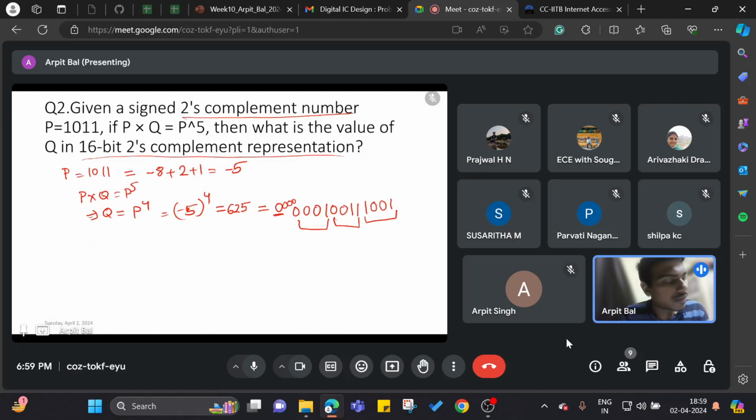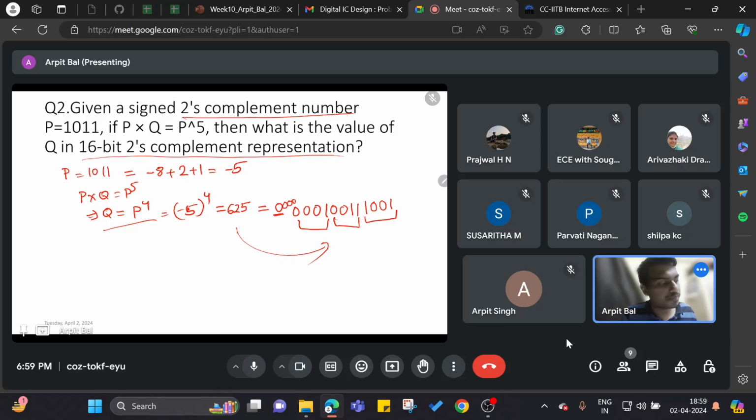Next question we did was related to figuring out what the value of Q is. So we were given P into Q equals P power 5. From there we figured out Q equals P power 4, and the P value is given to us. That thing we converted to equivalent decimal representation, and that we again converted into the 16-bit representation in